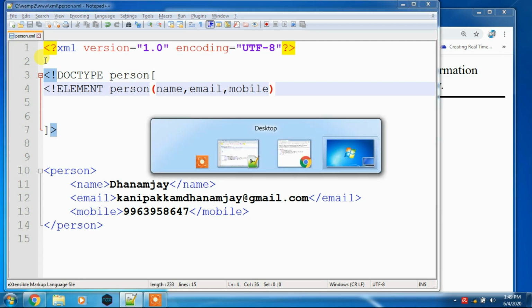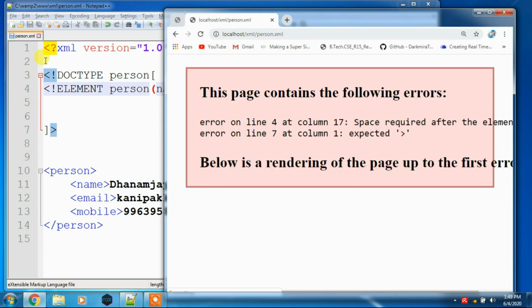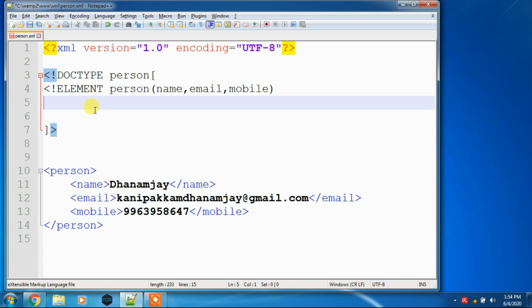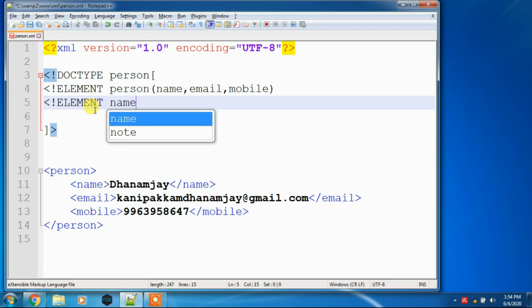We have to add parsed data and everything. Let me check. So it's not correct. Here I have to specify the data. I have to declare data elements, right? So here I can use the same thing like element, then name we have to call, right? Name.